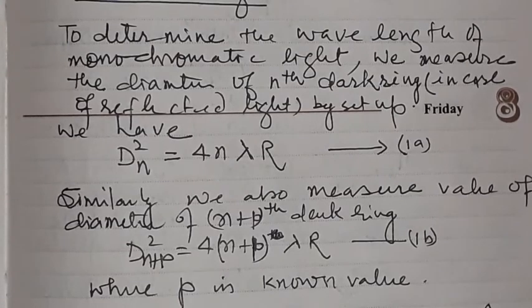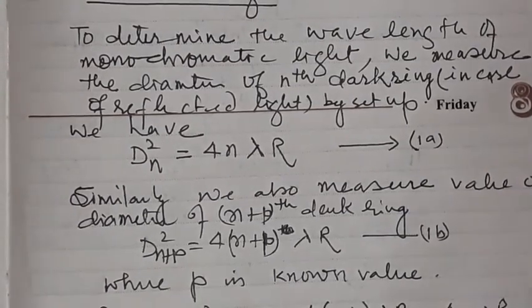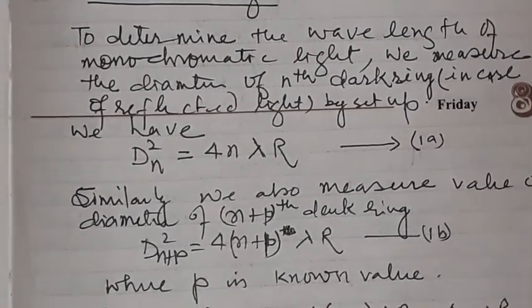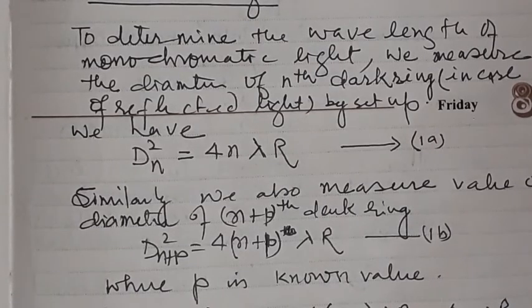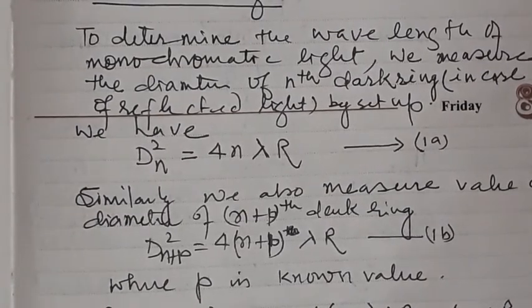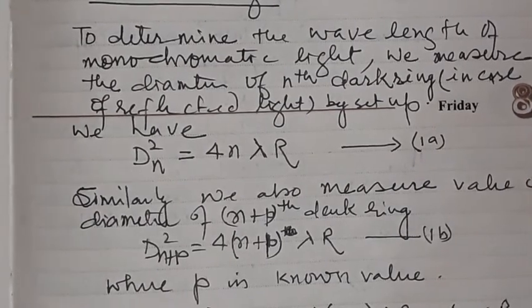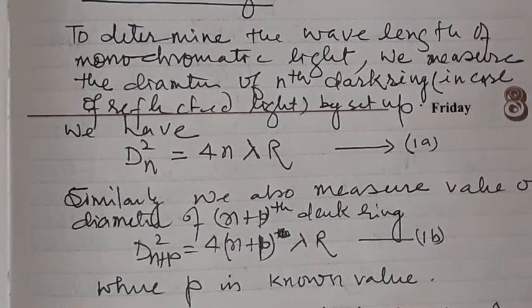So D(n+p) whole square minus Dn square must be equal to 4(n+p) lambda R minus 4n lambda R, which results in 4 lambda p capital R. And now calculating lambda, D(n+p) whole square minus Dn square divided by 4 capital R p,